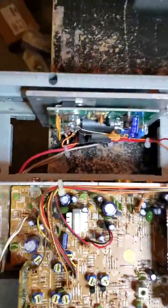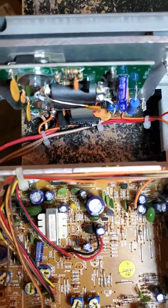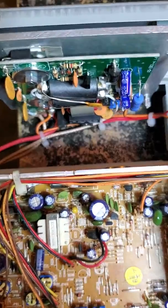So the amplifier is in the radio, nice and neat, just the way the factory would have done it. It's solid, it's not going anywhere. All the tuning and modifications have been done to make it work good on 11 meters. And the standby switch is wired,